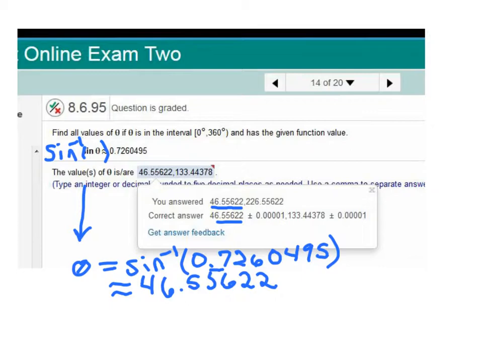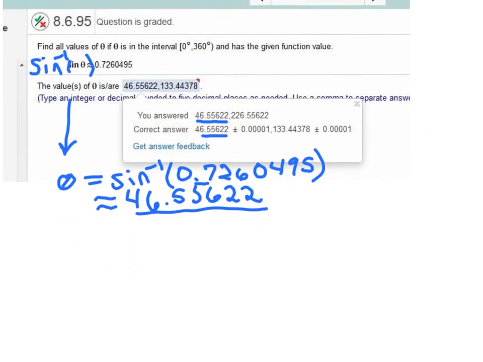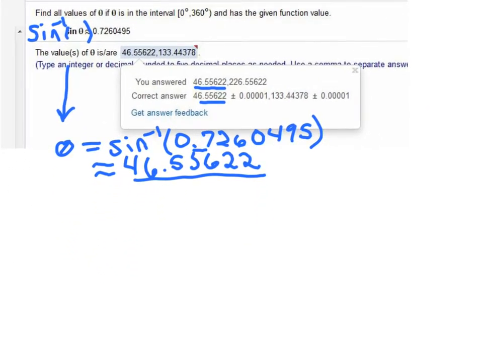It was finding the second angle that was more of a problem. So if we go back and think about this, let me rewrite the equation that we're solving. We're looking for when sine of theta is equal to 0.726, well, 0.495, for angles between 0 and 360 degrees. So